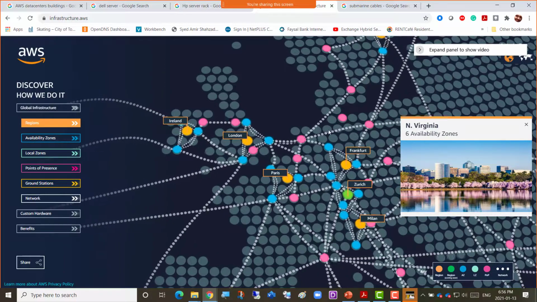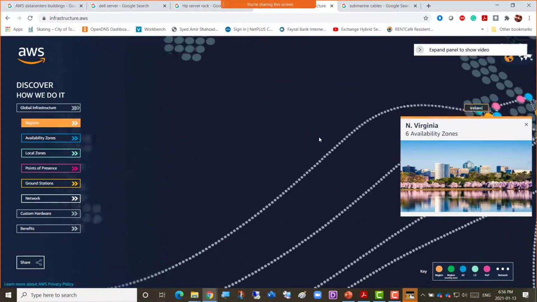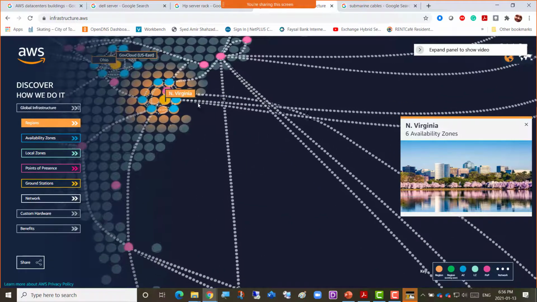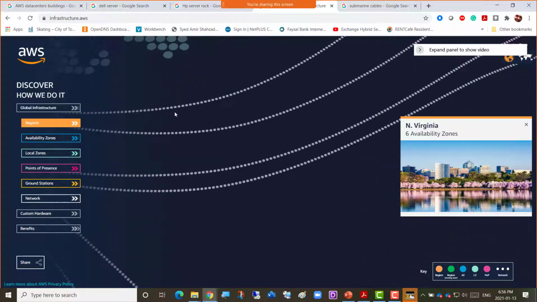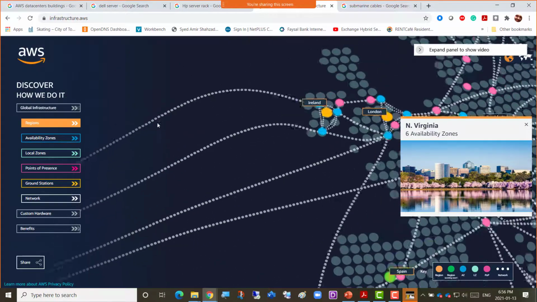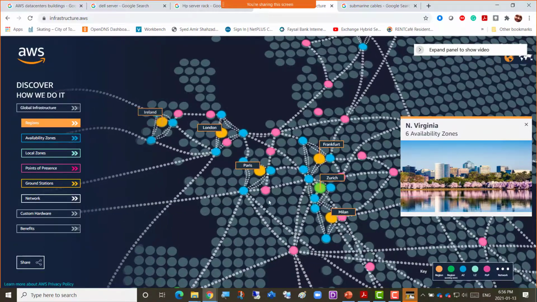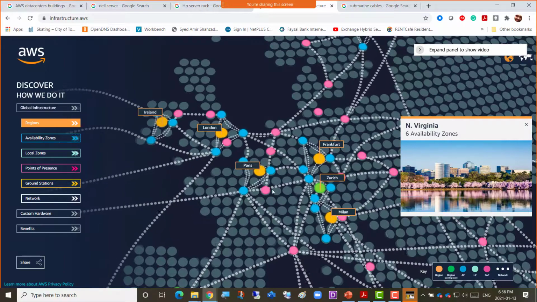So your clients do not need to connect across the continent to North Virginia, because whatever data they want to access is automatically copied across the submarine cables to the European data centers. So European clients of your company can connect to their nearest data centers and download those files and then use those files, right?